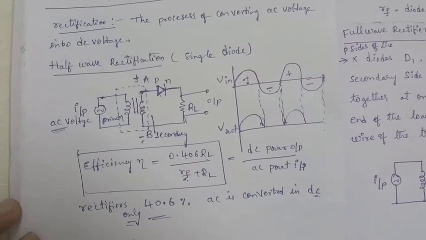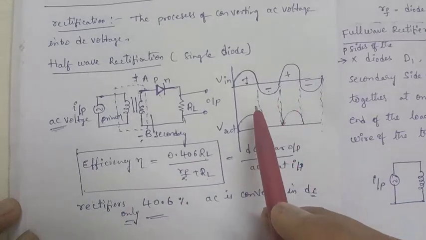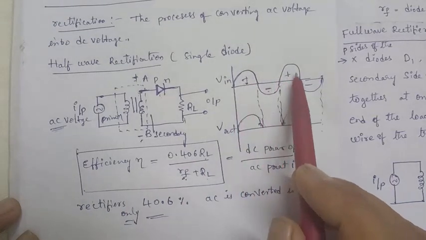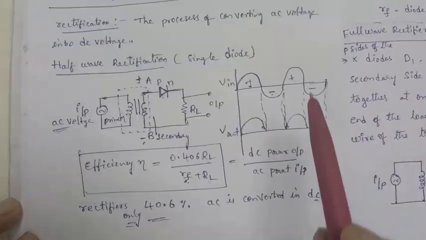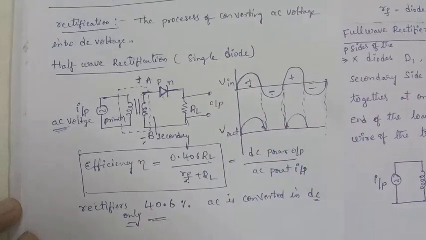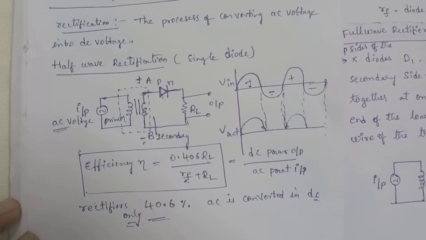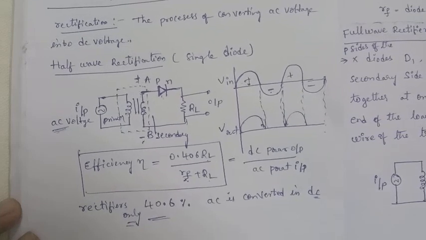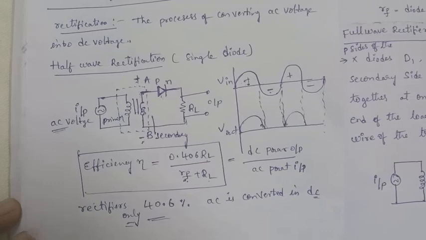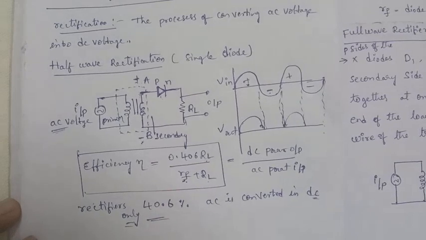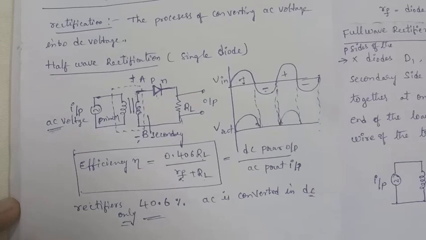So what is half wave rectification? In half wave rectification only half part will be rectified. At that time you have to take only a single diode. What is rectification? It is the process of converting alternating voltage into a direct voltage. Which can do this job is called the rectifier. So here the diode is doing this job, that's why the diode acts as a rectifier.